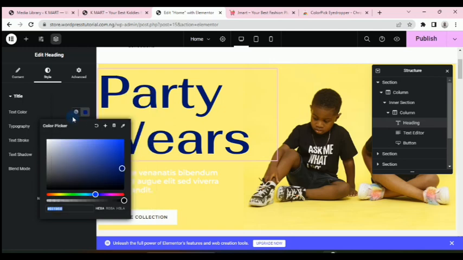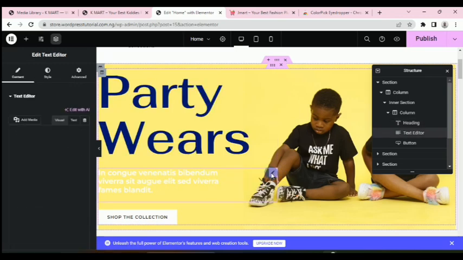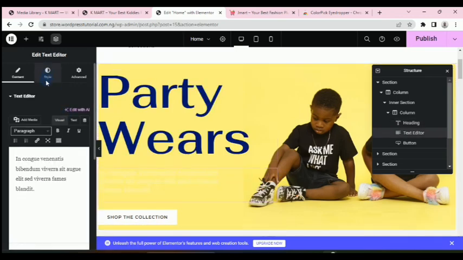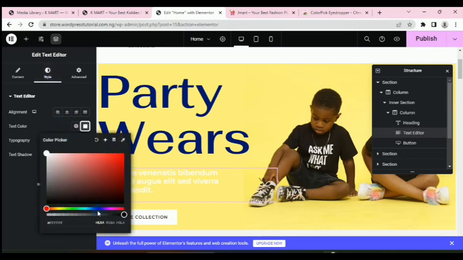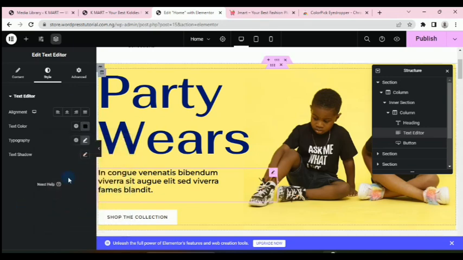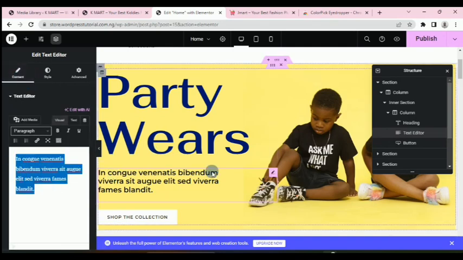I want our colors to be consistent. Then this other one here, I will change the color from white to black. Then I can change the text. So I can say party wears